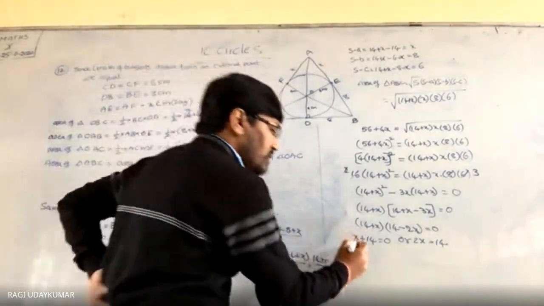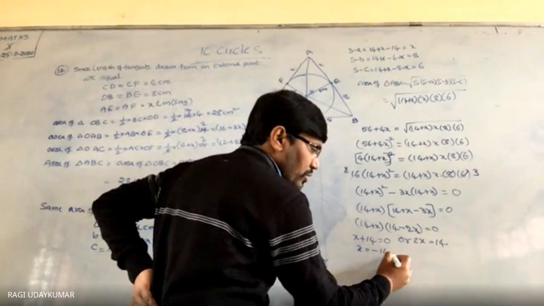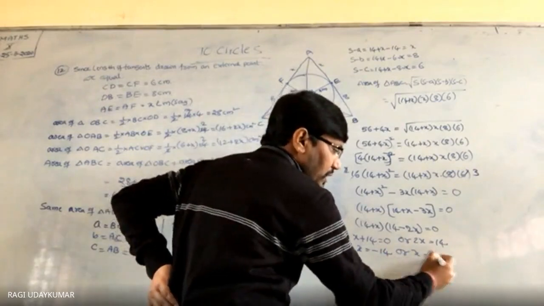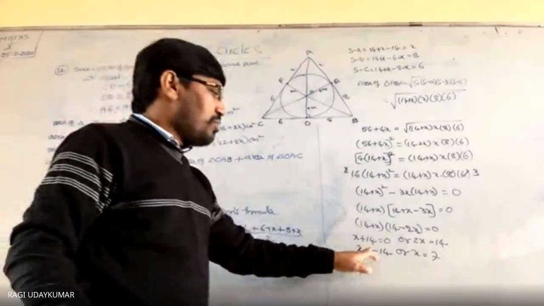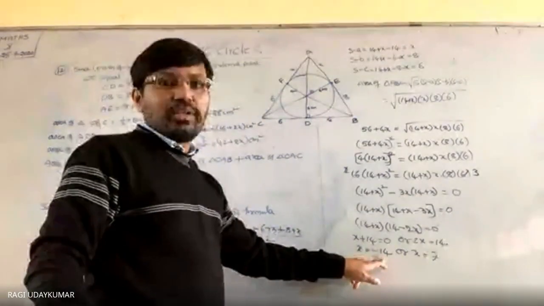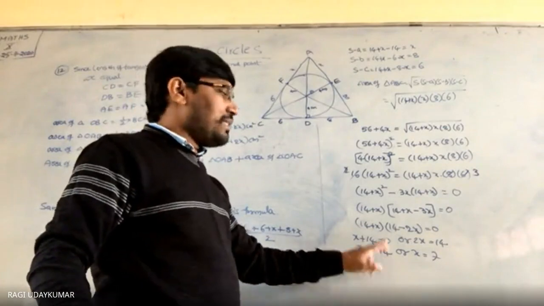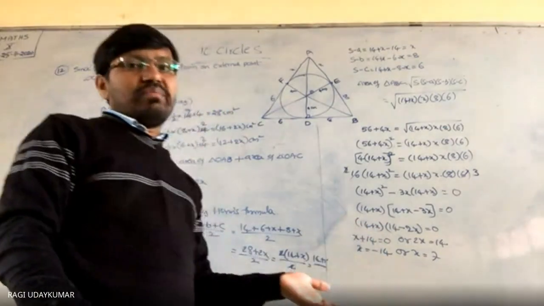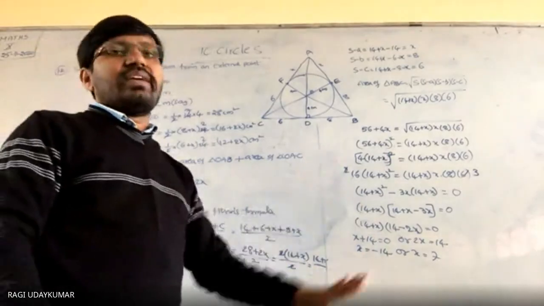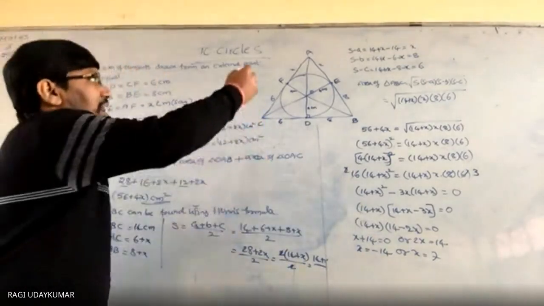So now here x is equal to minus 14, is it visible to you? Or x is equal to 7? Is it visible to you? Yes, sir. So x equal to minus 14 is not possible. Negative number तो नहीं आएगा ना. So since x should not be a negative number, x is equal to 7 only is possible. x is equal to 7 आ गया.